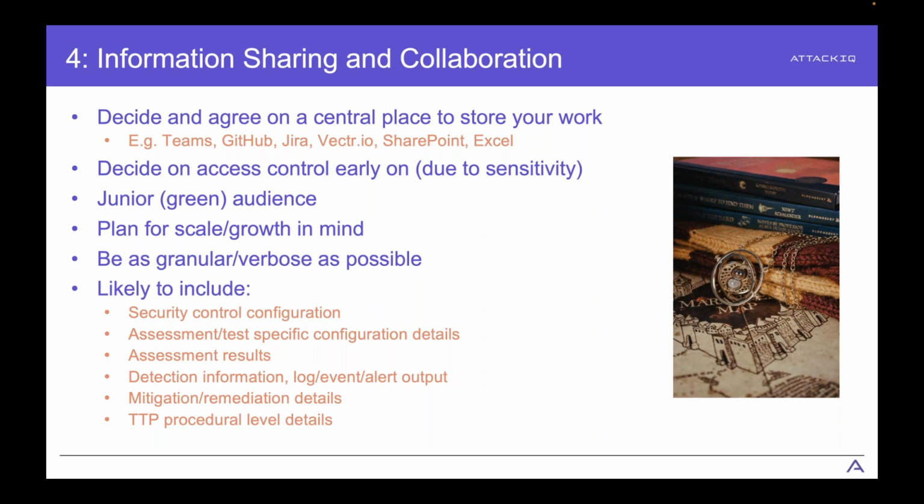If you have multiple organizations that are participating, and maybe each country or region or business unit is generating their own findings, then it's probably a good idea to share and collaborate, which will ultimately deduplicate some of that workload. So a good idea is to decide on access control early on. In other words, who has access to what is really important, because obviously the sensitivity of the information that you're going to be collecting over time is really going to be quite eye-opening.